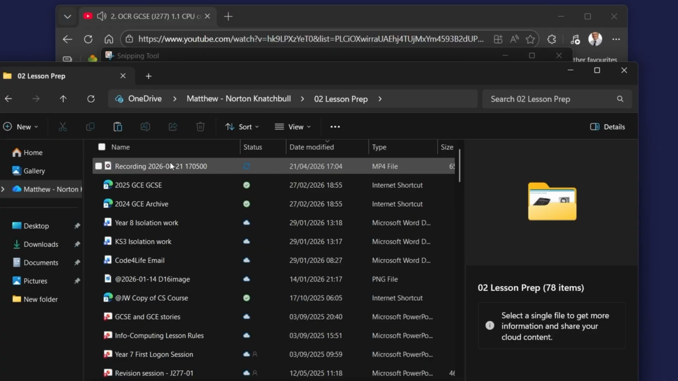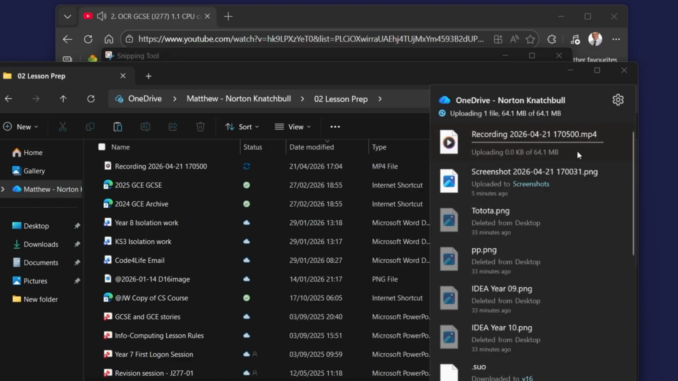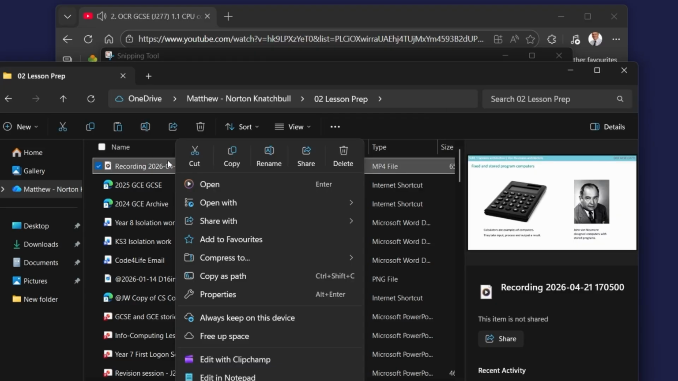That should pop the recording to the top of the list. You'll notice this little sync icon here indicates that it's currently uploading on my computer. So I do need to wait for that to upload on the computer. And it's done. Now if I right click, I can open the file to view it if I wish to,